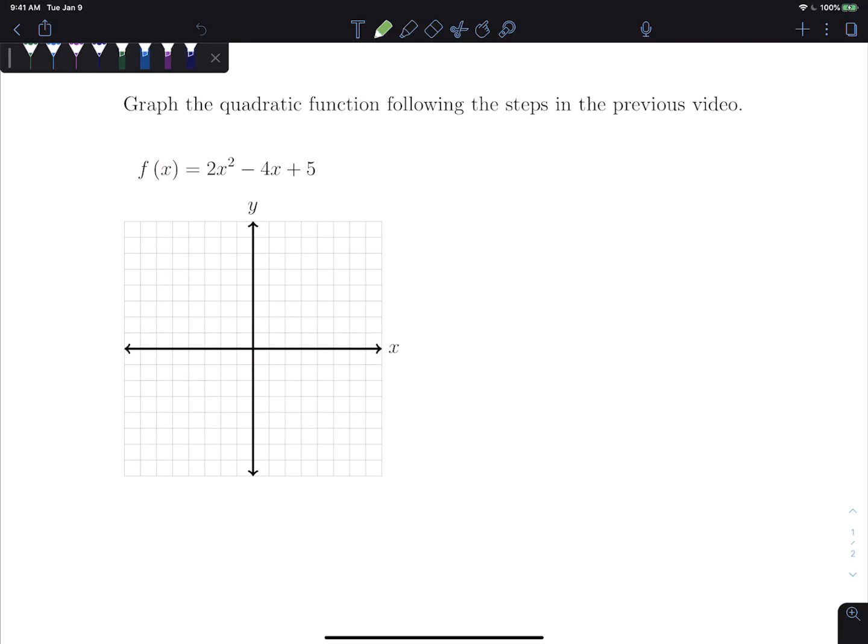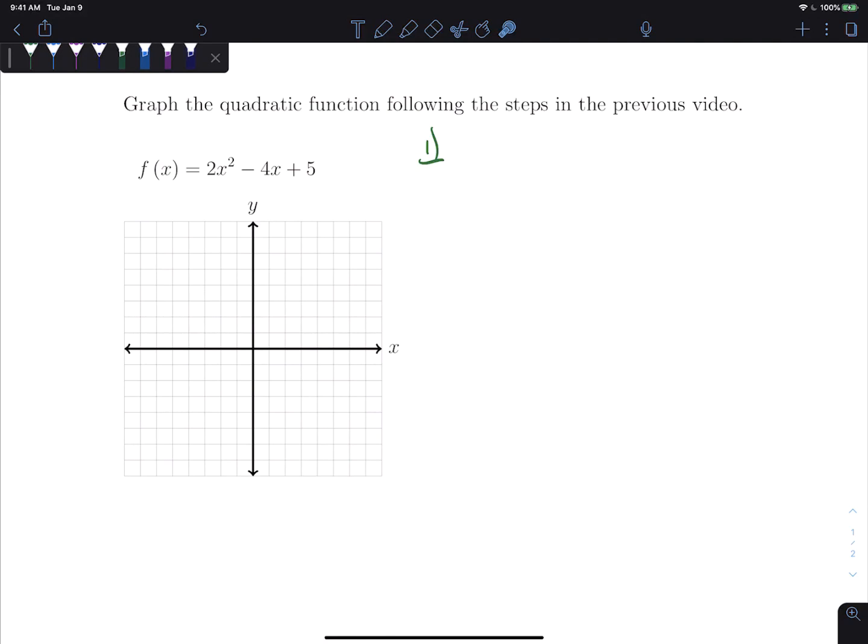Hello. In this video, we're going to go ahead and graph the quadratic function following the steps from the previous video. Okay, so what we have is f of x equals 2x squared minus 4x plus 5. To graph this, the first thing we want to do is find whether this function opens up or down. So the first step is to determine up or down, and to figure that out, we look at